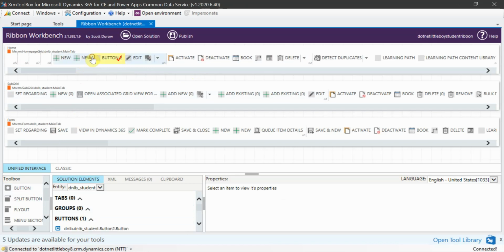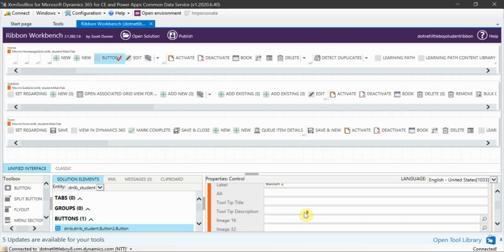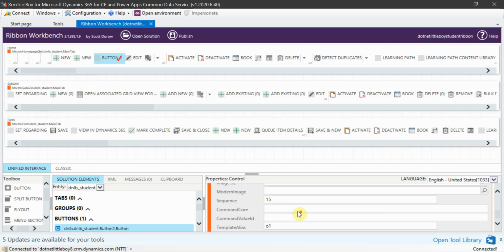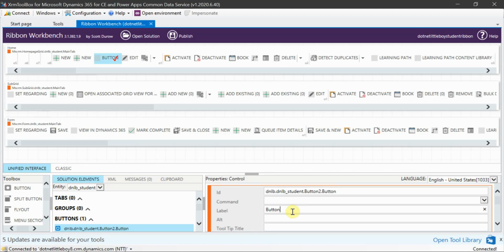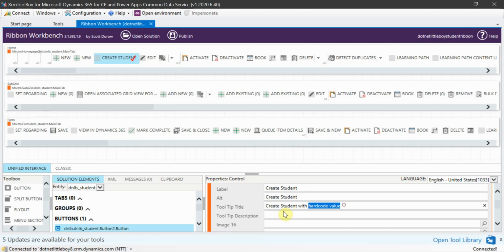I have to drag here. So after the New, I have dragged it here, and you can see as soon as you add it, these things will be highlighted, and along with that, in the control properties, you will see some properties we have to fill here. So first of all, let me change the button display name. It is Create Student, and the same thing you can copy for the tooltip: create a student with constant value, otherwise we can say the hardcoded value. Okay, and then the same thing you can copy for description.